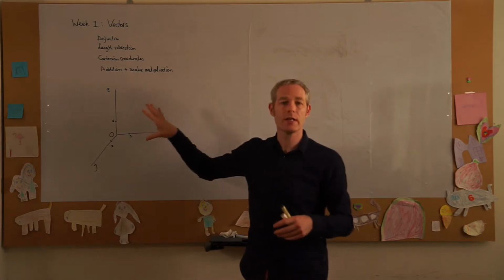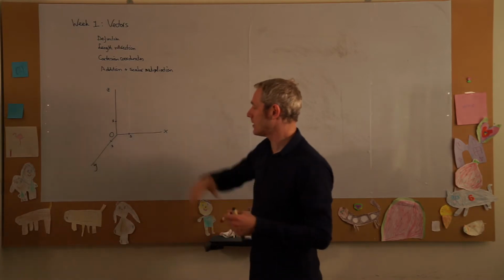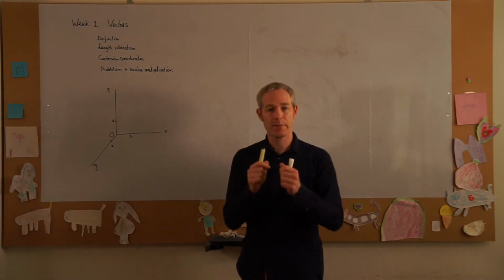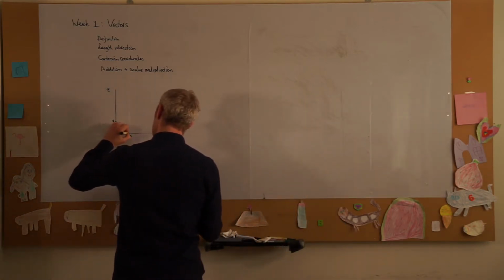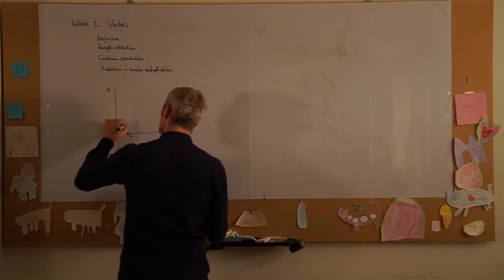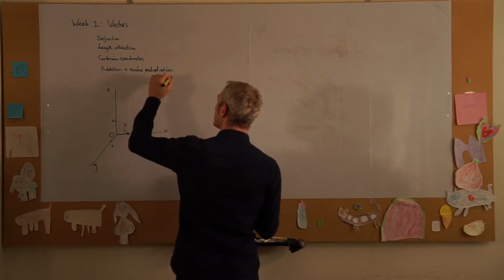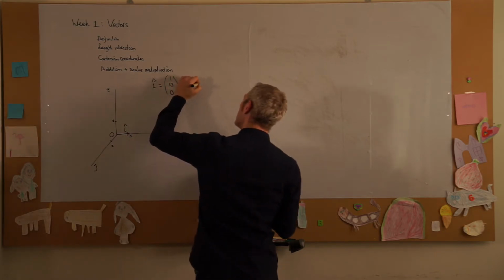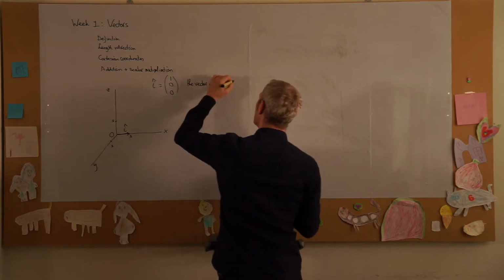But we can do this a bit more formally as well. Let's say we have our axes here for three-dimensional space, and we have three special vectors. We have the vector here in the x direction, which I shall call i. i is the vector 1, 0, 0, the vector in x direction with length